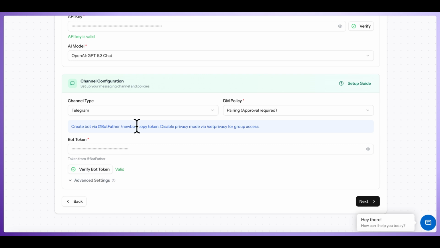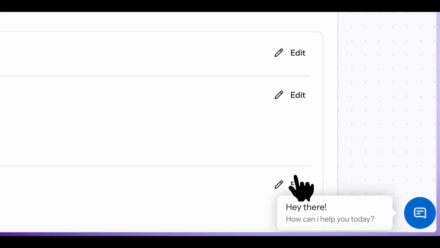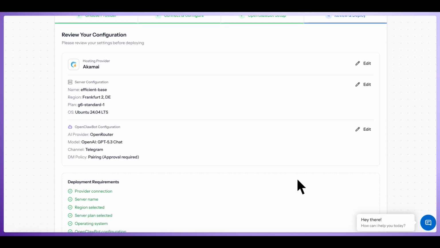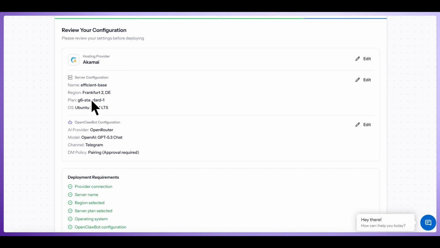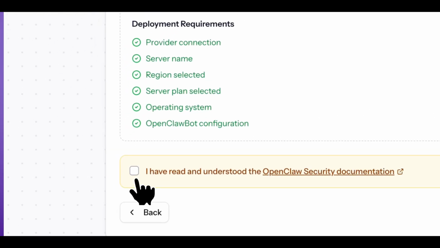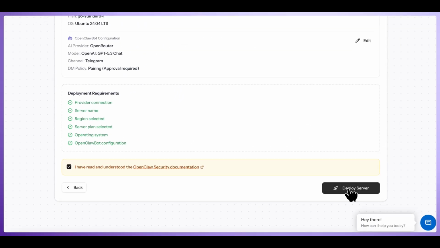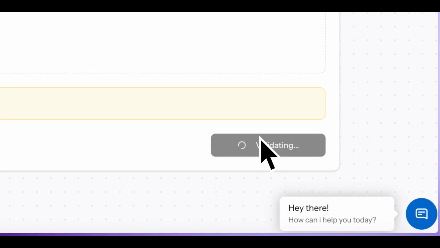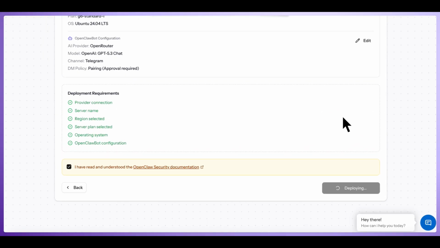Once it is valid, click on next and review all the information that you have given, the Akamai configuration and the OpenClaw configuration. Once you read the OpenClaw security documentation, click on deploy server. That's it. Just like around